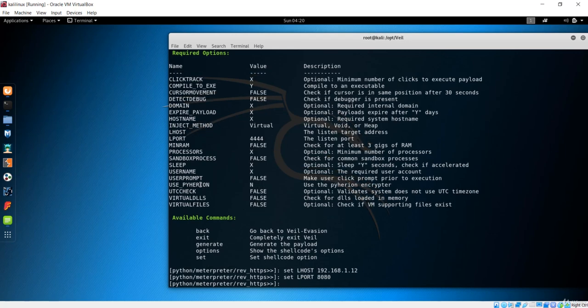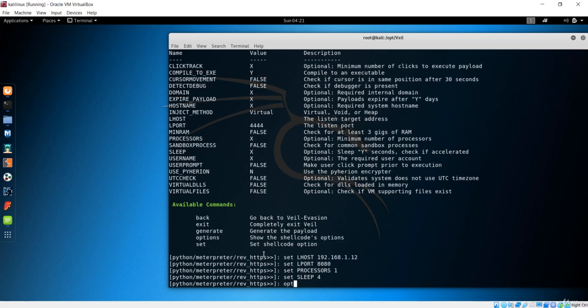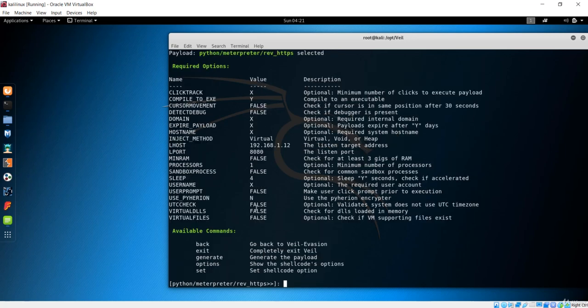And now there are so many advanced options over here. I'll set processes, maybe 1, and after that I'll set sleep to a random value, maybe 4. After that I'll set the options again, and it shows what we have just written over here.